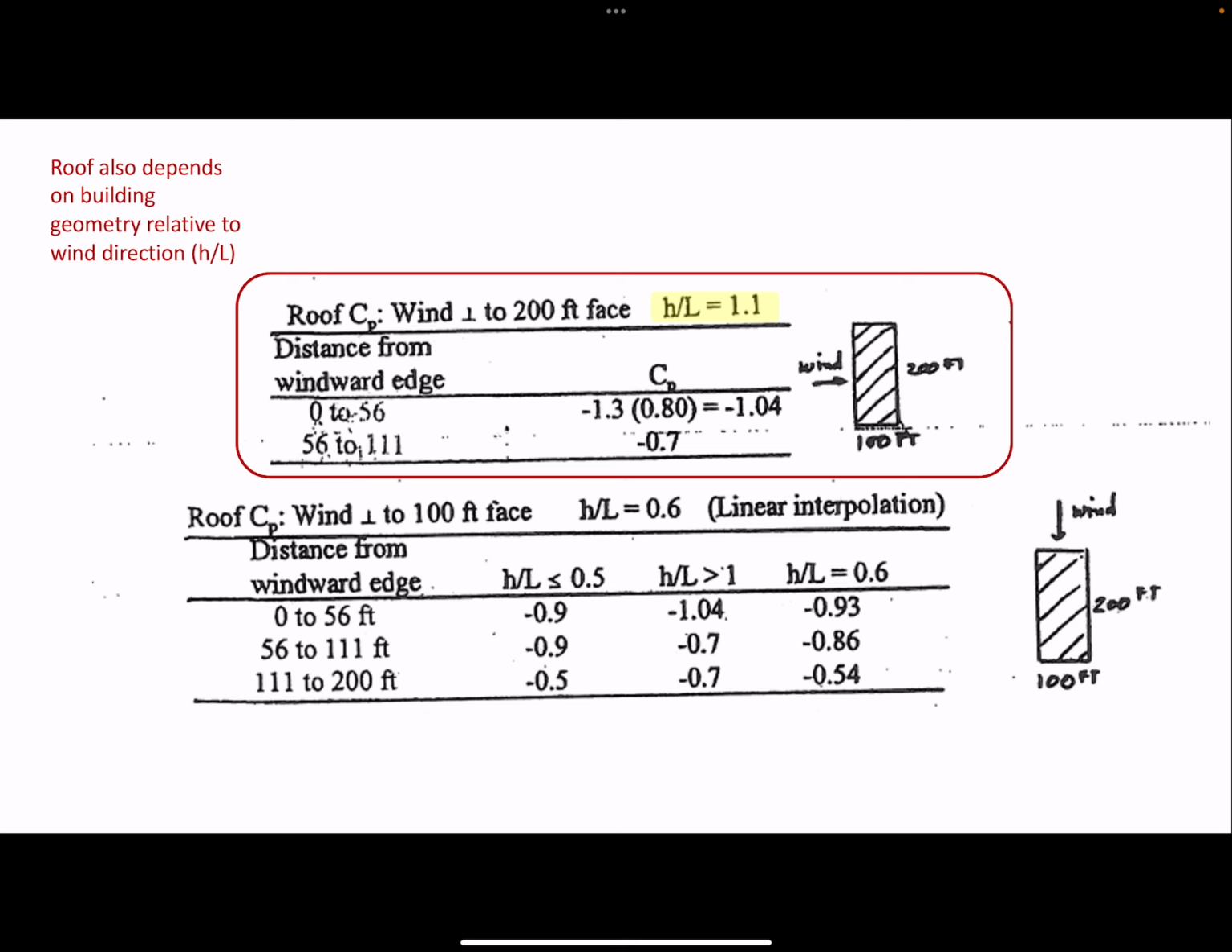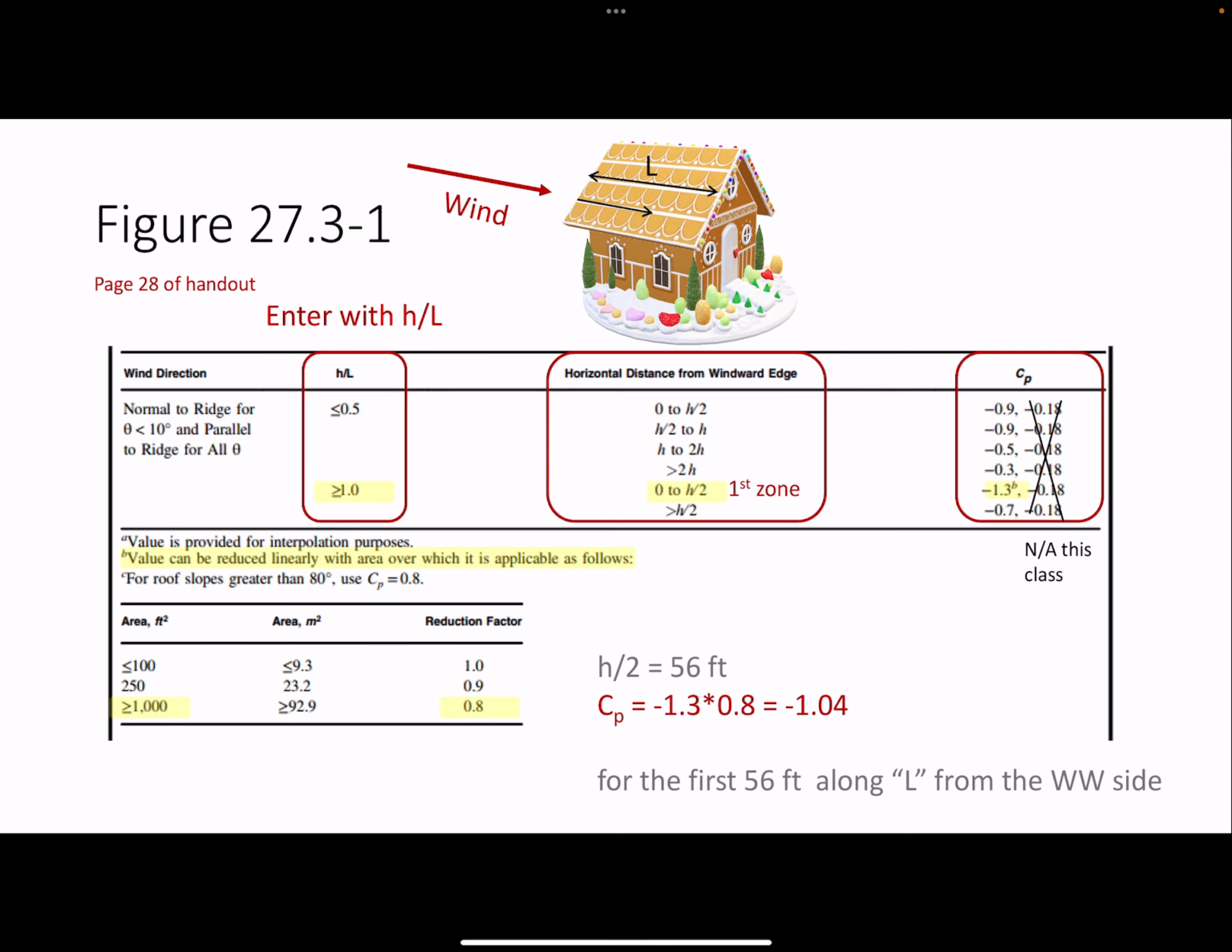So our H over L is 1.1. And then we would pull those CP values, right? So this is where we have our H over L greater than 1. And so we have two zones that apply to the roof pressures. The first zone is from 0 to H over 2, which would be 56-ish feet. So from 0 to 56 feet along the length of the roof, we would have that negative 1.3